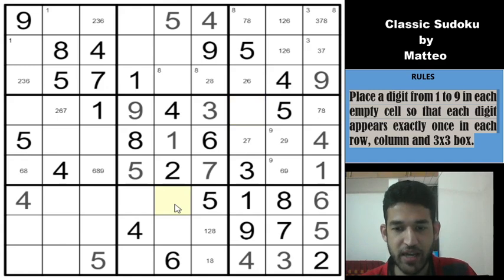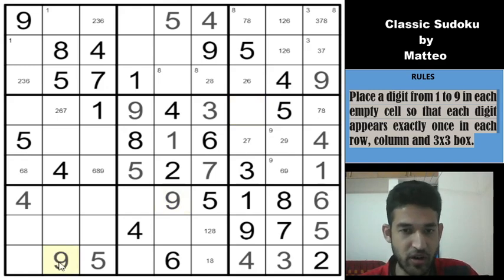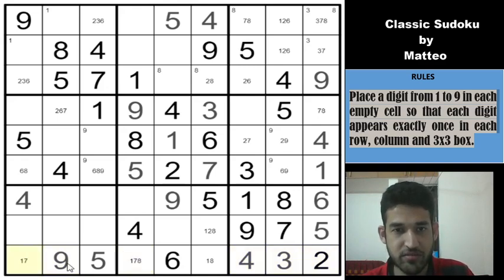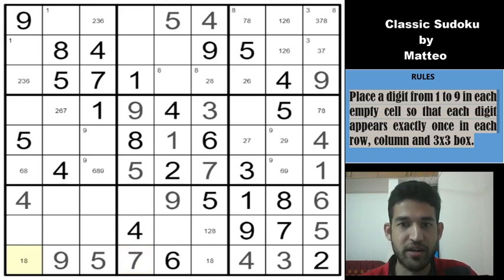Okay, we can place a 9 in column 5. Only one cell left for the 9. And that gives a 9 in row 9 column 2. Which means 9 must be in one of these cells. Classic. 5, 6, 9 and 2, 3, 4. So remaining candidates are 1, 7, 8 in row 9. So if I look at this cell, it cannot be 1 or 8. So which means that I get the 7 here. And that removes the 7 from this cell. So this cell must be 1 or 8.